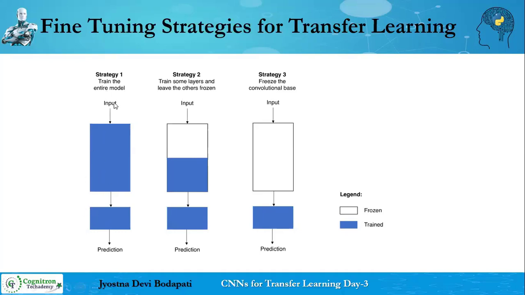That's what the first strategy indicates. Please try to understand this, it is very, very important. If you understand this, then the hands-on will be easy for you. In the first strategy, all the layers, the 16 layers in the case of VGG16, you are allowing them to train. Then you pass your input data, your model will be trained, and finally you get your predictions. That is how you are using VGG16 for fine-tuning or for your specific task.